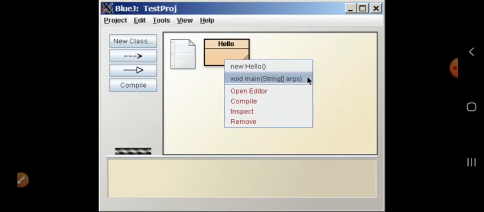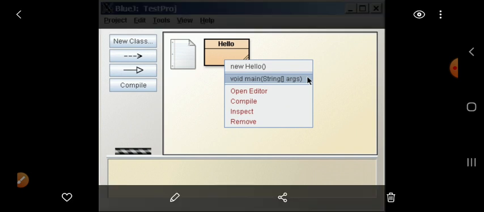And then after that, you have to click on the hello class with your mouse, right click on it, and in that you have to select void main. And when you click on the button void main, you will get the desired result. And the desired result is what? Hello class, how is everyone doing so far? So this is the working of a program, how to start a program, how to make a program. This I have taught you in this session of the class.